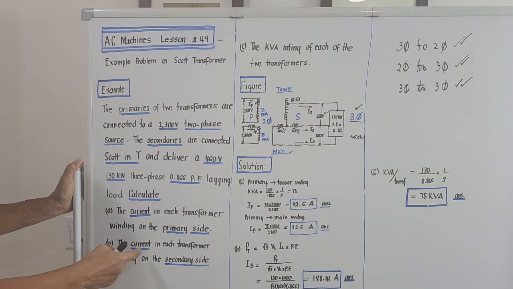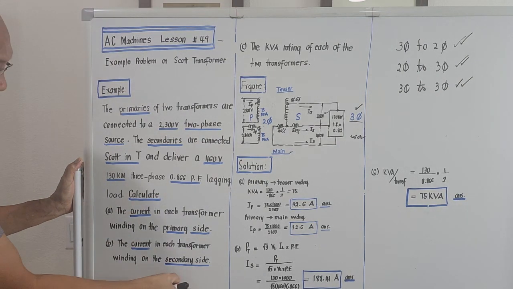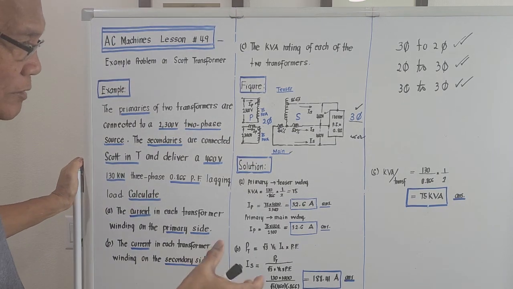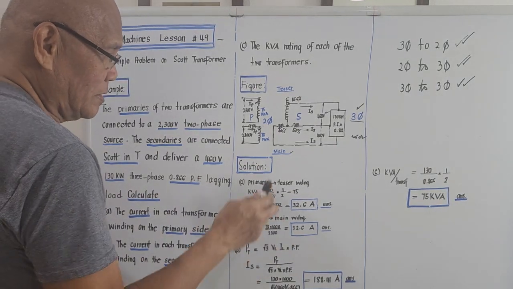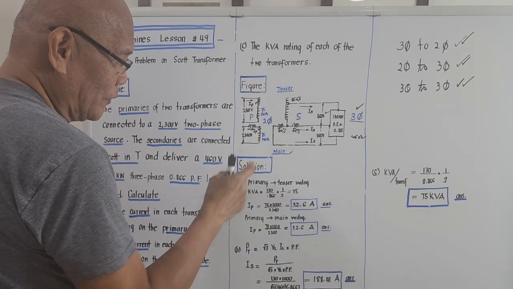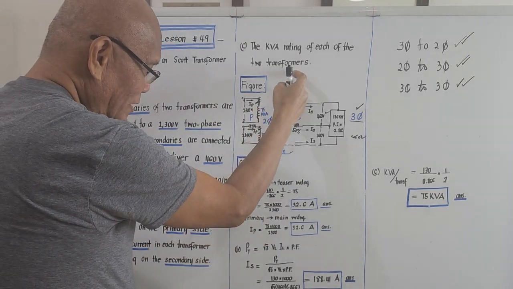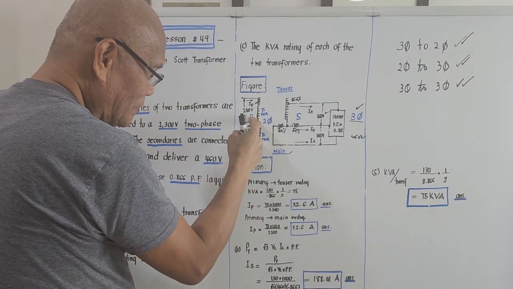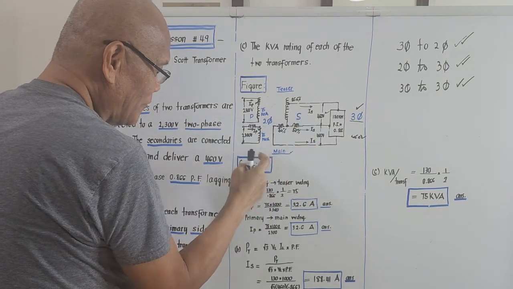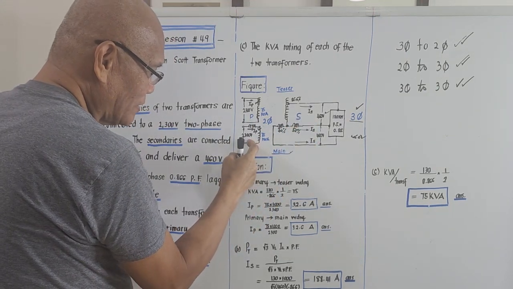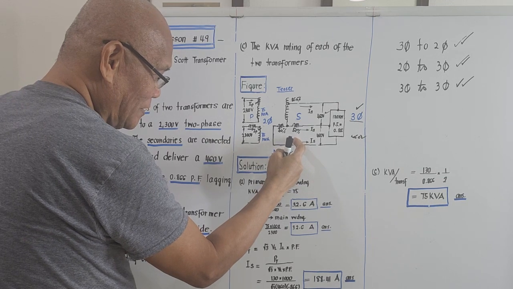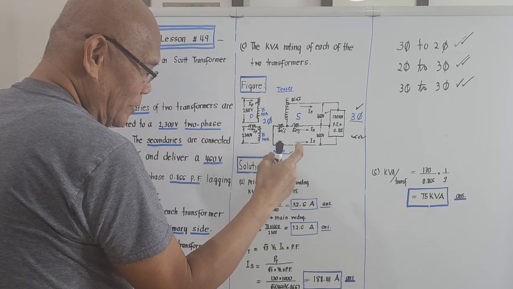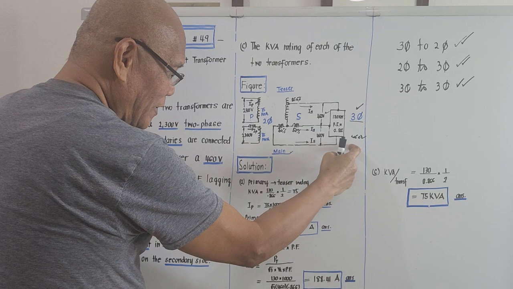Letter B, the current in each of the windings on the secondary side. Like what I said a while ago, the teaser winding has a primary side and a secondary side. Even the main winding has a primary side and a secondary side, right? But since the load is balanced,